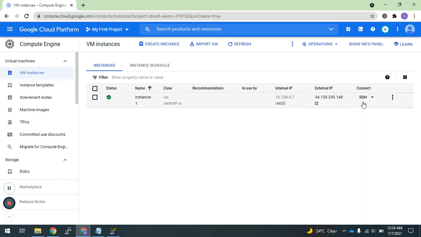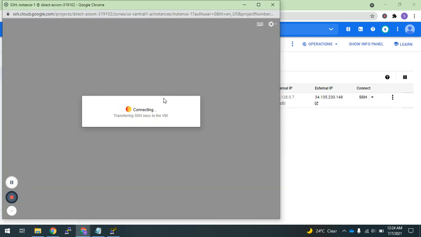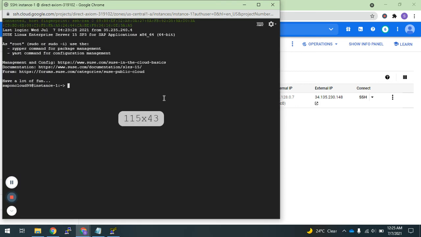The connection got broken, so let me log in again. Whenever you make a connection from SSH, it passes the key and identifies you. As I know the password now for root, let me log in with root and edit the file.